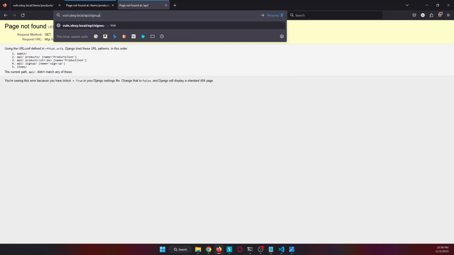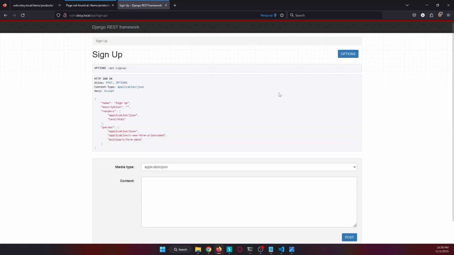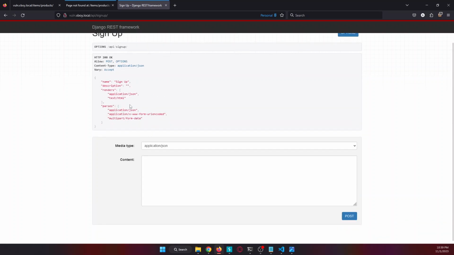And when I tried to check sign up, I got the following. So I got the documentation. From here we can see that he is using Django REST framework, and we have a sign up that says the first error is that the sign up does not support a GET method. It only supports POST and OPTIONS. So we send OPTIONS and we get just